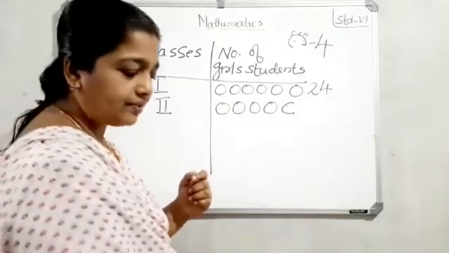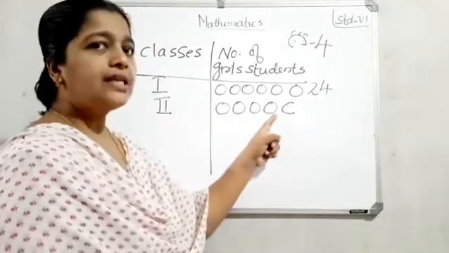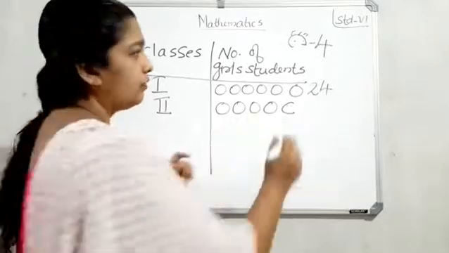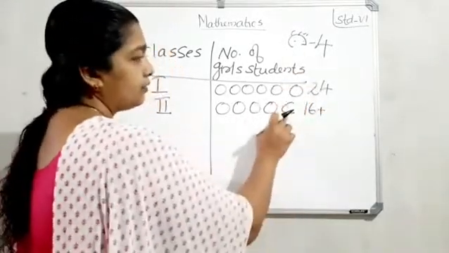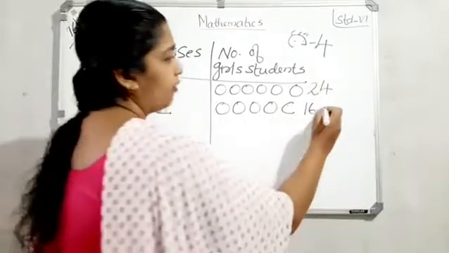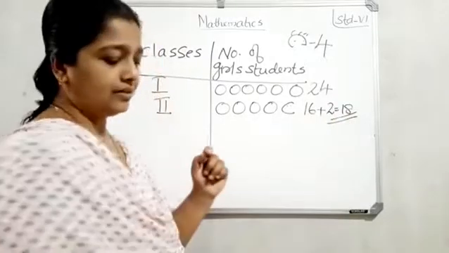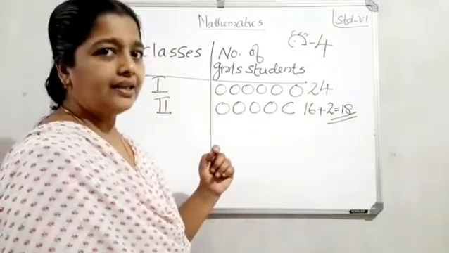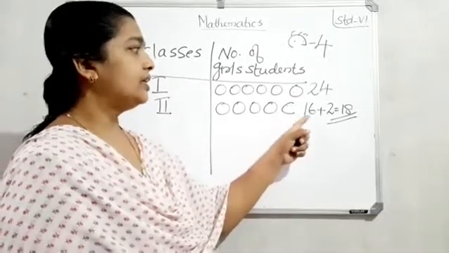Yes. Then that means, listen, say the answer. 4 full means 4 into 4, 16, plus half of 4. That equals 4 plus 2, that is 2. That equals a total of 18. You want to write the answer there. Clear? Yes. So 4 into 4, 16, plus half, 18.